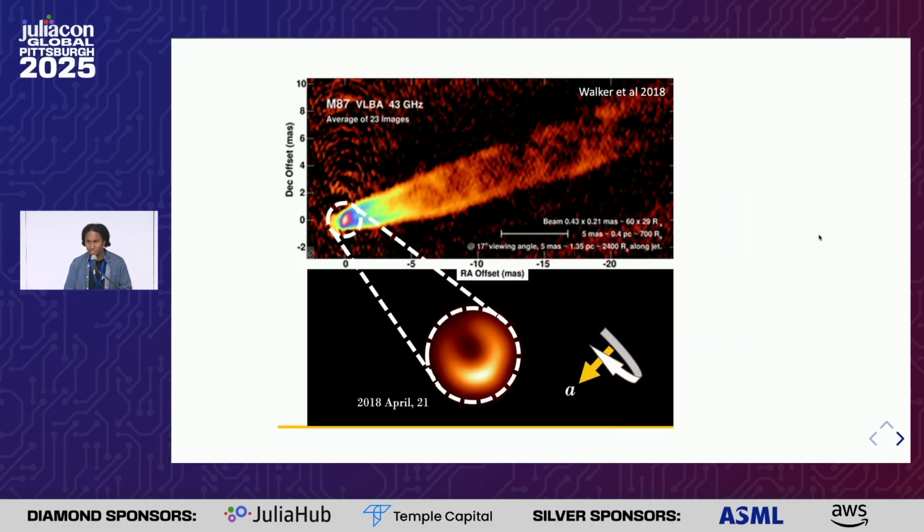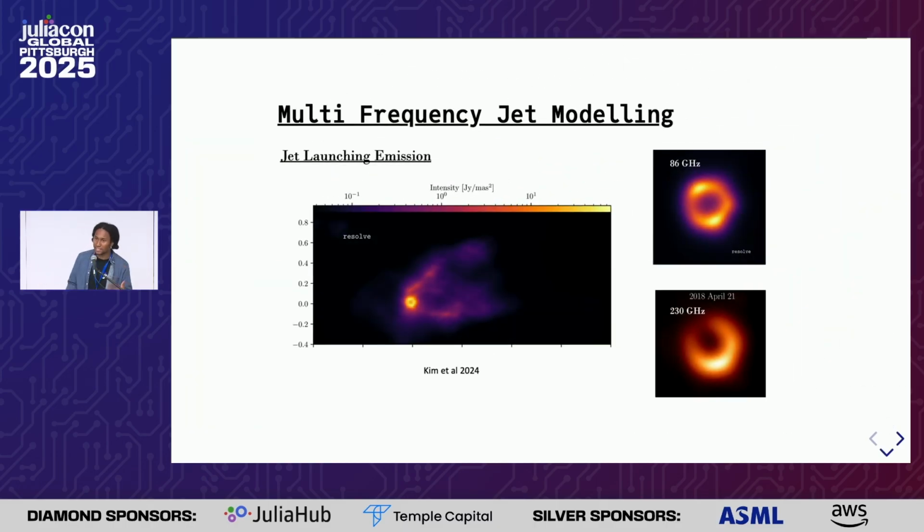M87 has a jet. The fluff might be a sign of the jet wall. It may not. It could just be some fluff. Who knows? I think if I fit other years and we see that fluff persist, then that'll tell us about that information. And then this brings me to the last thing I'd like to talk about, which is multi-frequency jet